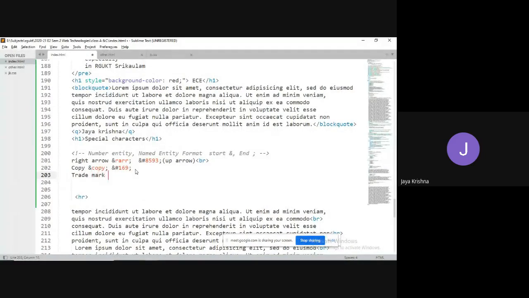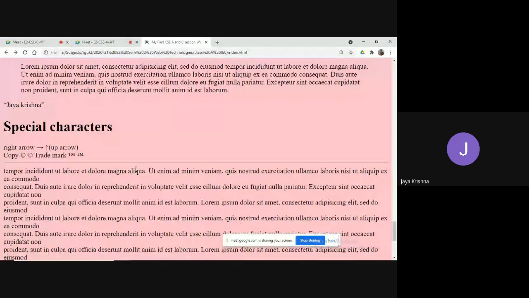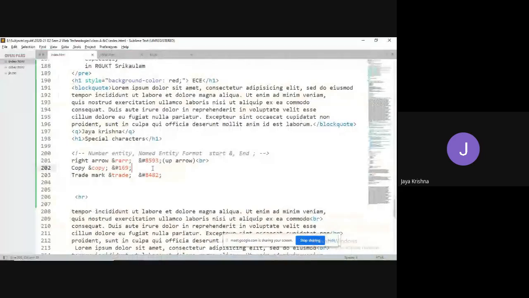You can take ampersand trade, or ampersand hash 8482. I'm checking in the notes actually, and you can take out all these kinds of things.